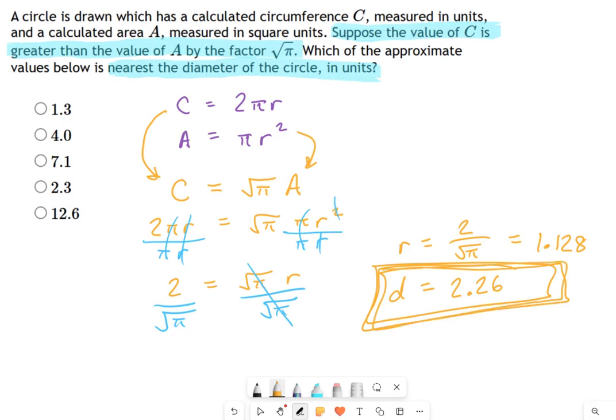And what was confusing me there was I looked here, and I said, no, it's not 1.3, and then the next one's 4, and it's not that. And I thought there was no answer there, but it's just hiding in plain sight. 2.3. So that's how you go about this one. You set up a formula based on the sentence. You have to convert that sentence into a math equation. And then, as long as you know what circumference and area are, you are good to go.